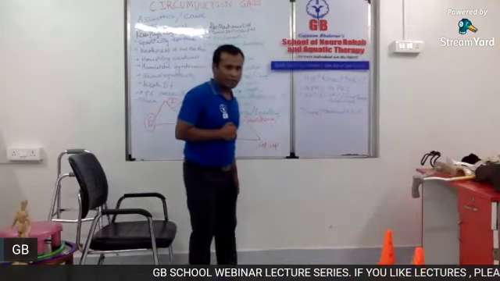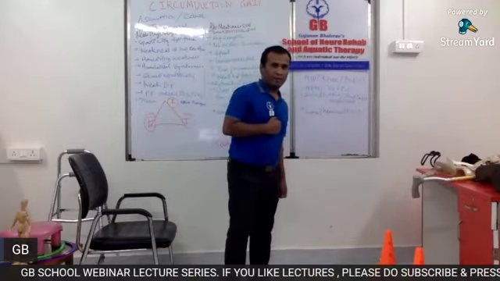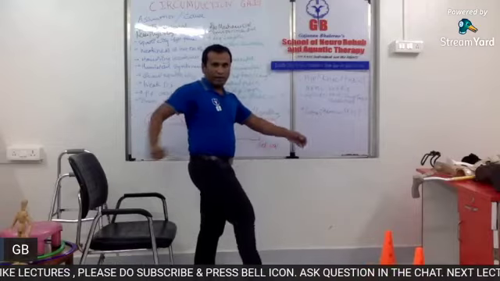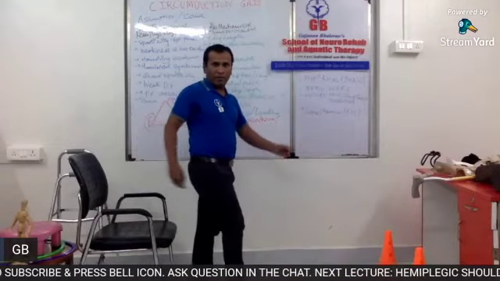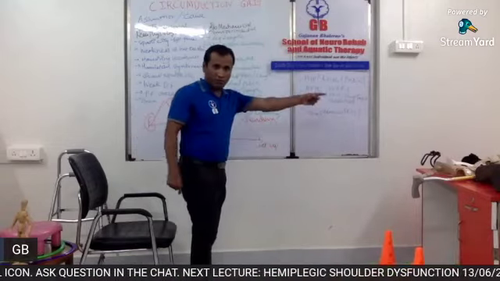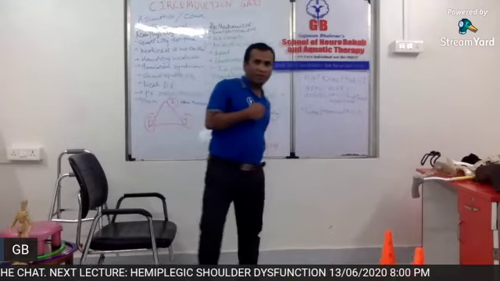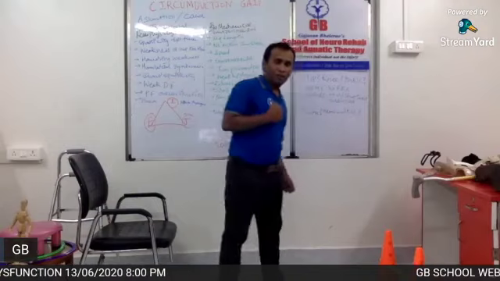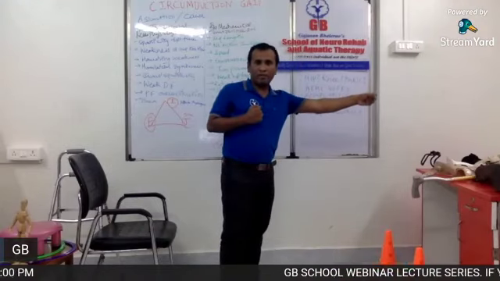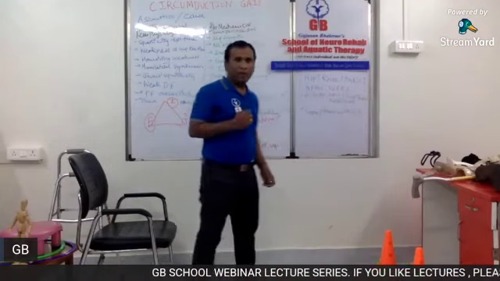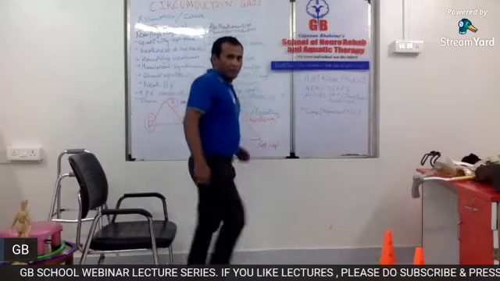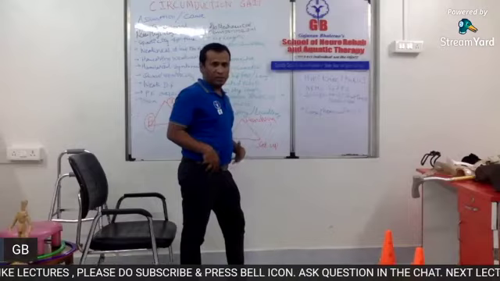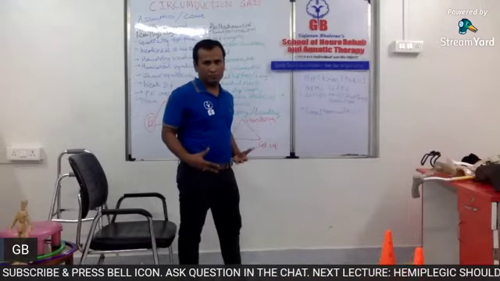Not only that, look at this. Suppose I am walking like this. In a normal pattern, this goes forward, this goes backward, the upper limb, and the opposite hand goes forward. How does our hemiplegic patient walk? Is the upper limb going backward naturally, or is this hand going forward naturally? No. Is there a typical cyclic mechanism happening in the lower limb? No. So where is the cause?